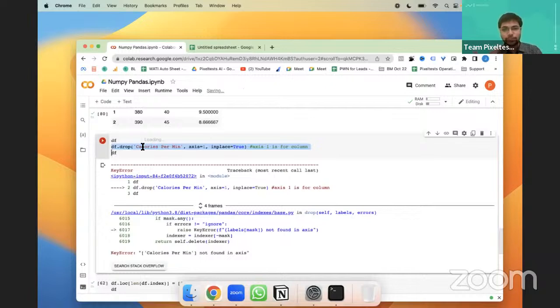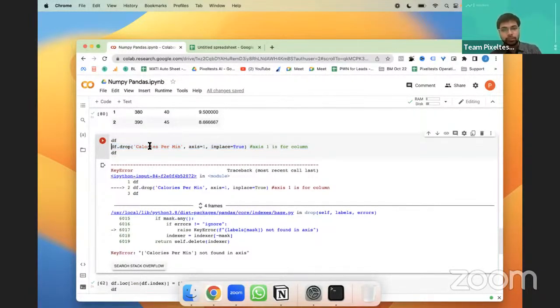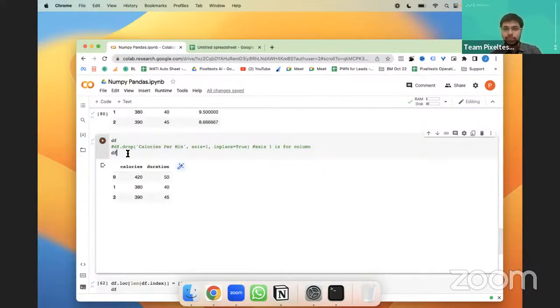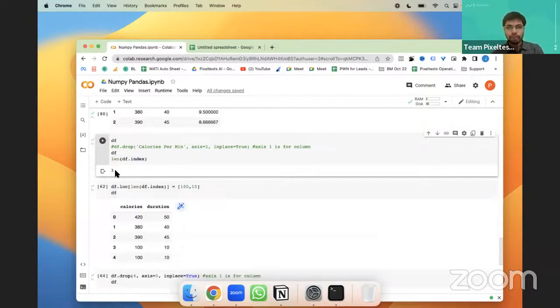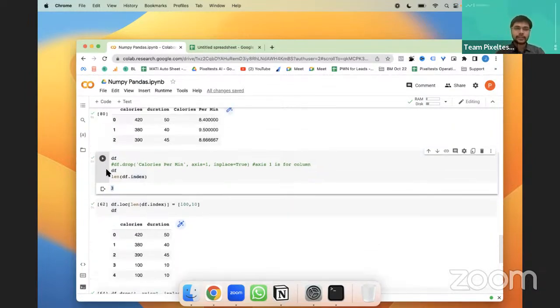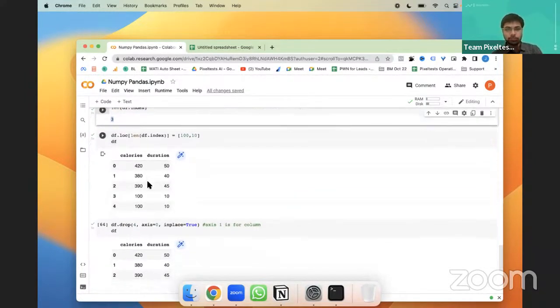It is trying to delete it once again. So let me first comment out this particular section. Now the data frame is this. In this data frame, I'm going to take the length by saying dot index. Now you can see that there are 3 rows in it. So length of data frame dot index will give 3 rows.